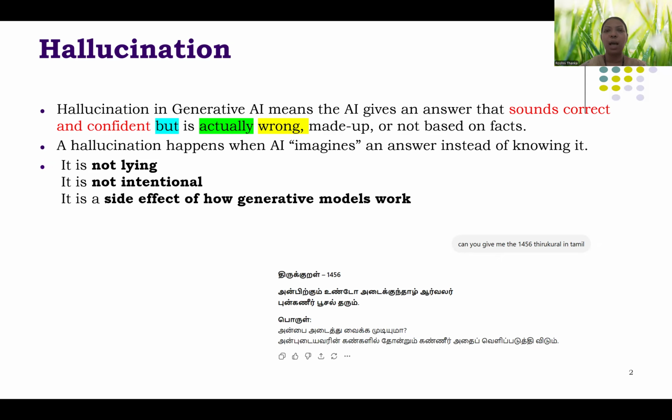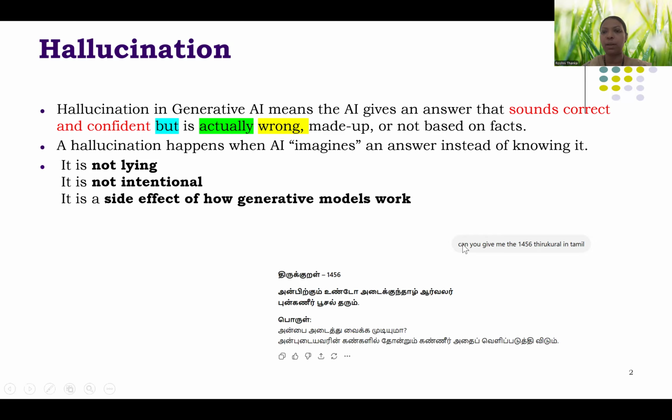It doesn't know. It is actually predicting the next token, by which we get the answer. That's the reason why it may hallucinate. It is trying to give some answer by the probability of predicting the next token. So it is not purposefully lying, it is not intentional, but it is a side effect of how generative AI works, because it is going to predict the next token.